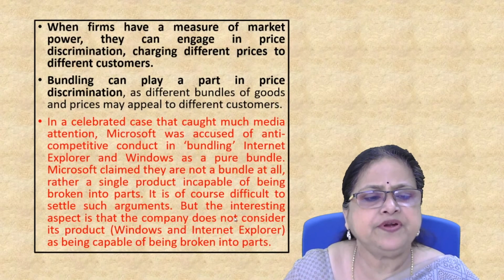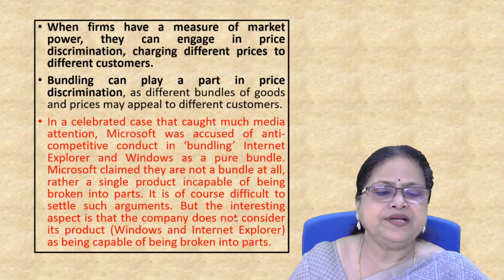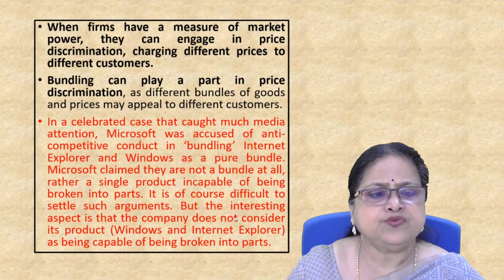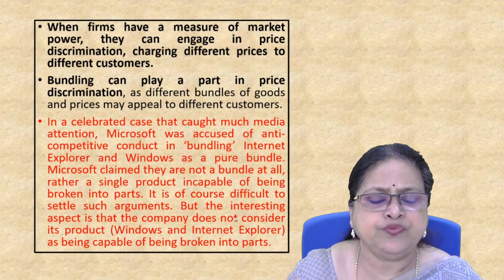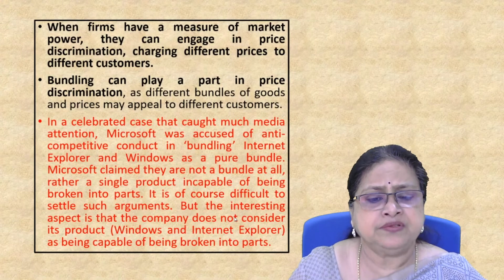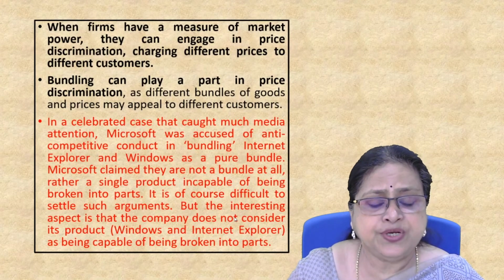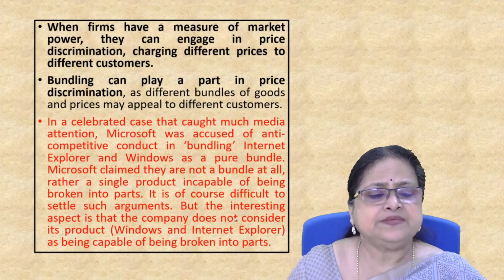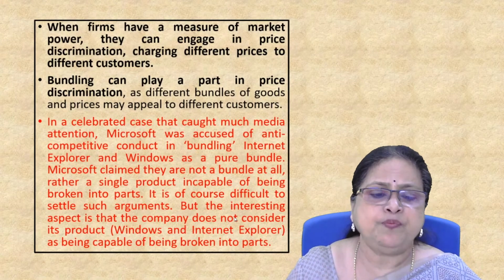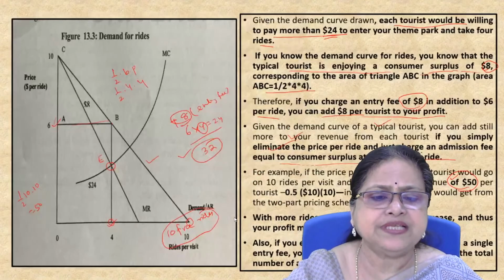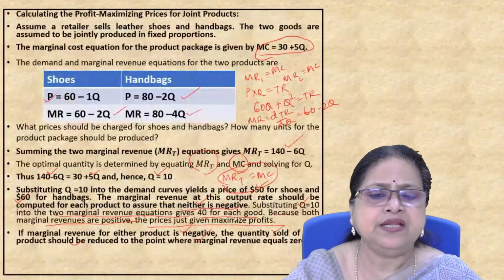It is, of course, difficult to settle such arguments, but the interesting aspect is that the company that is accused, that is Windows and Internet Explorer, both were together. The company does not consider its product, that is Windows and Internet Explorer, as being capable of being broken into parts. Okay, this is an example. Similarly, there are a lot of examples. You can go through that and you can find